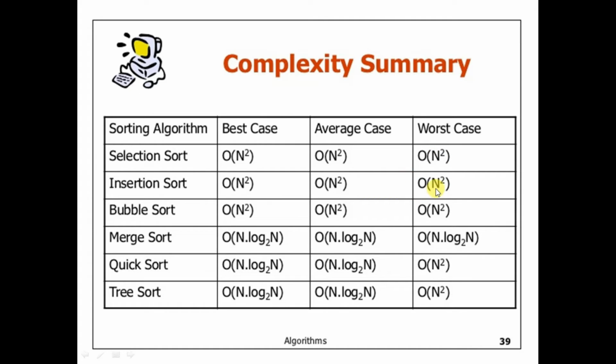So if the order of selection sort is n square, and suppose the order of insertion sort comes to n, which will be preferred? Insertion sort will be preferred if it is n, but you can see that it is also n square. So all these three have same performance. Okay, all these three algorithms, selection sort, bubble sort, insertion sort, have the same performance. You can see that merge sort has a different worst case. It is the order of n log n. Okay, so this is a chart that can depict the performance of an algorithm.